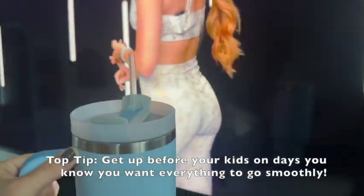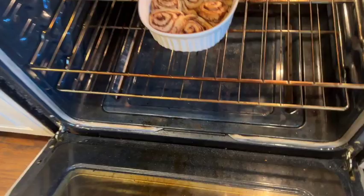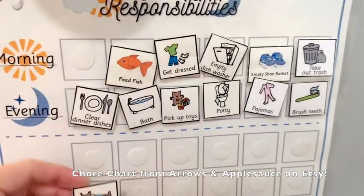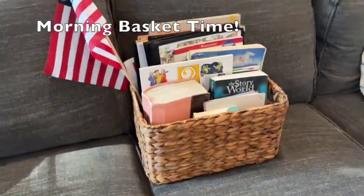I got a workout in, I showered and dressed, and by that time my kids were awake, so we headed out for the special breakfast of cinnamon rolls for the first day of school. After breakfast, my kids did their regular routine of chores that we kept up over the summer, so that wasn't any different. And then once that was finished, we gathered together in our living room to start our school day